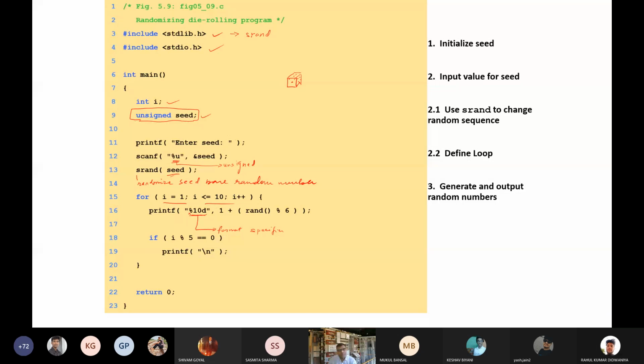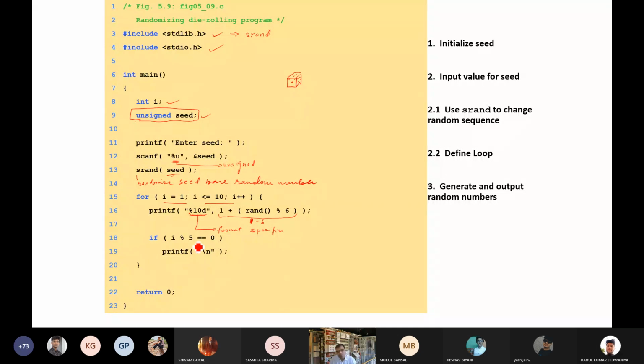No. Fine. So printf for i equals this, and random, whatever random number is there, mod 6. Since 1 is added, this will produce a number not 0, but 1 to 6, because we are not interested in 0 and there is no face with 0 marks.